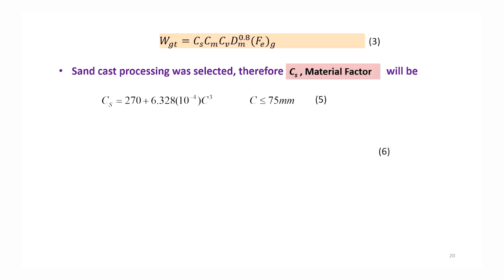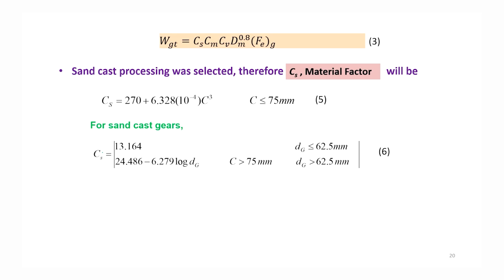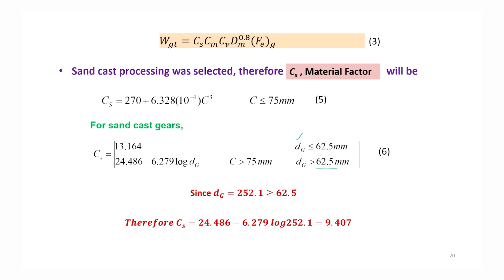Equation number 6 is given as this one, and the value of Cs depends on the pitch circle diameter of the gear and the center distance. In our case, the pitch circle diameter is 252.1, which is greater than 62.5, and so we will use this formula, where Cs is equal to 24.486 minus 6.279 log of D_G, and D_G is 245.1, and thus Cs, the material factor, is equal to